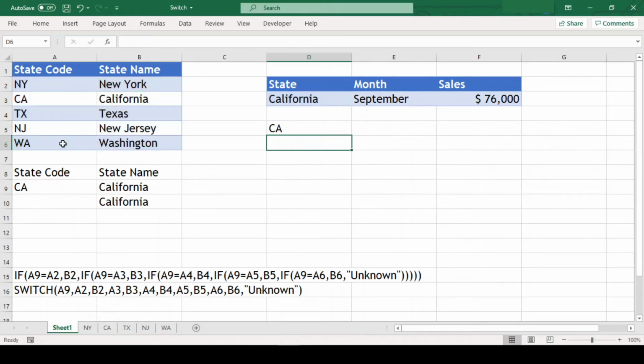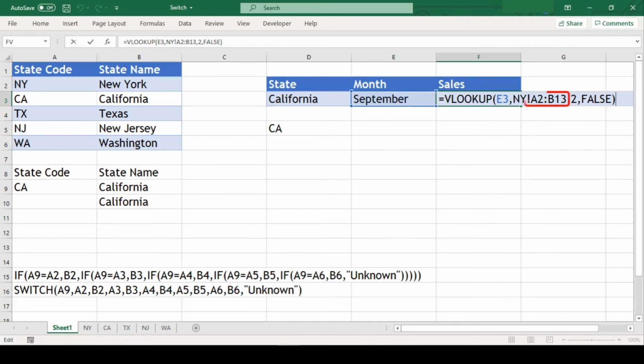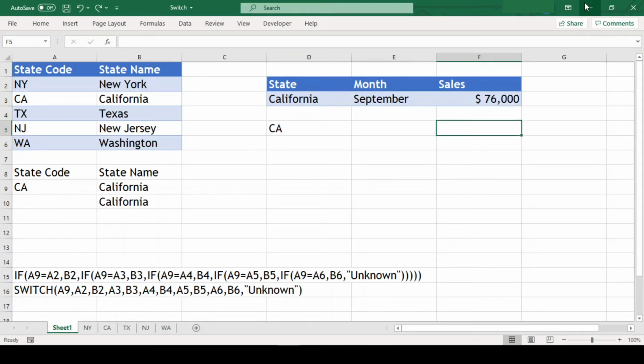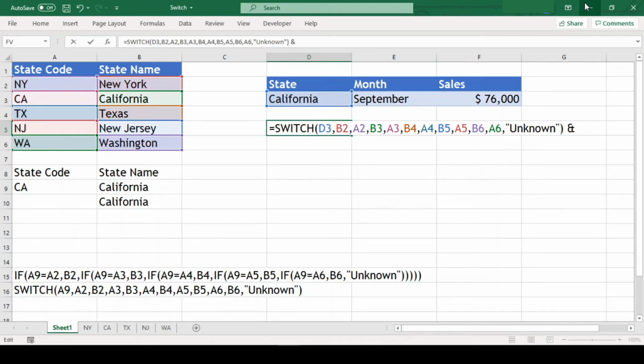So now we have the code of the state depending upon the name, and when we change the state name, our code is changed according to the name. Now, if we observe our table array in the VLOOKUP formula, the sheet name is suffixed with an exclamation mark followed with the cell range A2 till B13. We will have to just concatenate this as text after our switch function. This will help us to get the range of specified cells from the sheet selected.